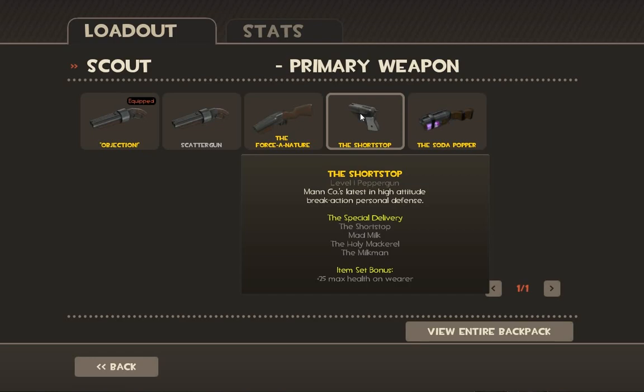If you wear all the weapons in the Special Delivery set below, you get a 25% max health, I mean, 25% plus 25 max health, which is actually quite a lot for the Scout. Health is very important for Scout. But the Shortstop has 4 bullets in a clip and an extra 36, I believe. Anyway, it's much more